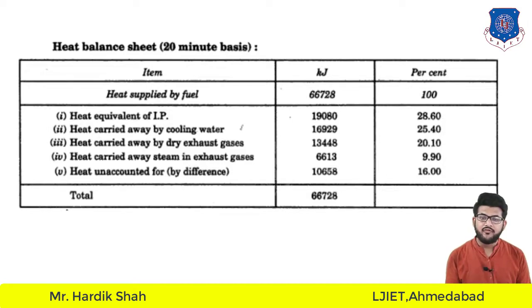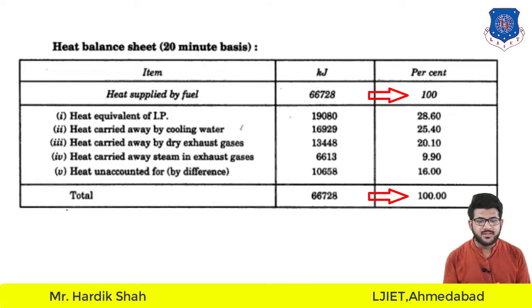Fine. In the same way you will find all the percentages, and the total of the percentages will be approximately 100. It will be nearby 99.99 or exactly 100. So you need to calculate the main kilojoule and thereafter the percentage part, and the percentage part shows us that heat utilized was 100% and heat supply was 100%. So in total we have found the heat balance sheet, showing wherever the heat is going in the engine. This was our main part. It was the heat balance sheet, and you need to draw everything about this. This was the main part that we need to draw, and for that we have done the calculation in the previous one.